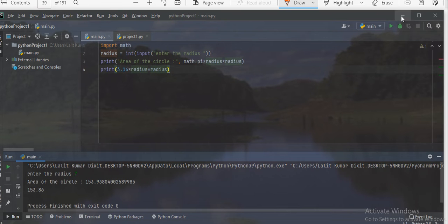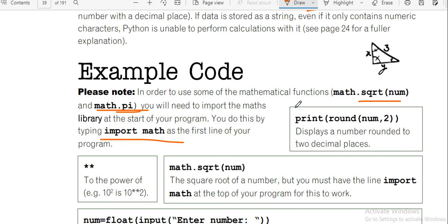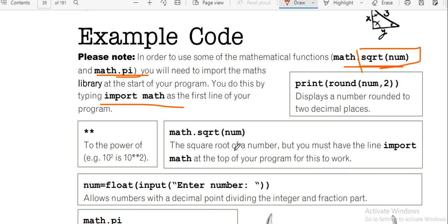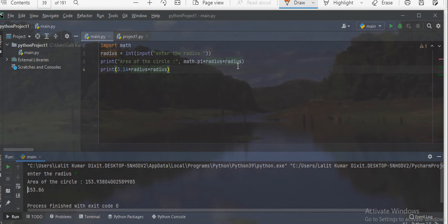So this is basically the use of math.pi. Similarly, you can use sqrt. What it does is it prints the square root of a number, right? And then you have this. What I am telling you here, I have written this radius into radius, but instead of this, if you want to print only the power, meaning if you want radius raised to power 5, then what will you do? Radius into radius into radius into radius? No, no, no. Just write here 5. You will get r raised to power 5.